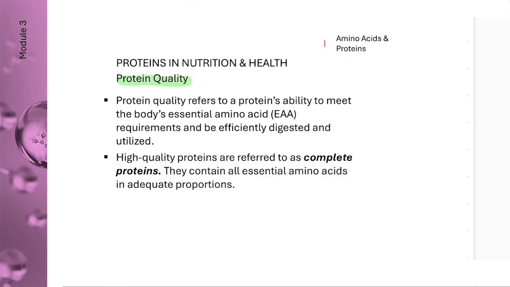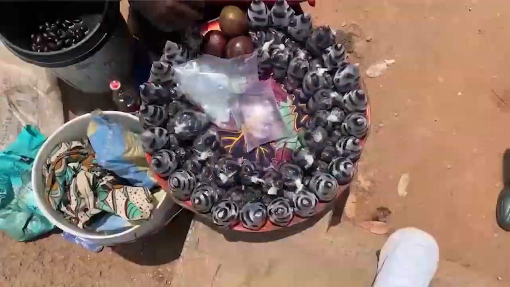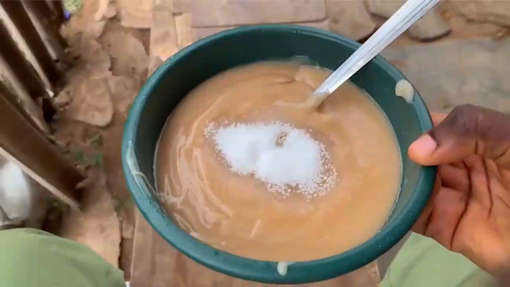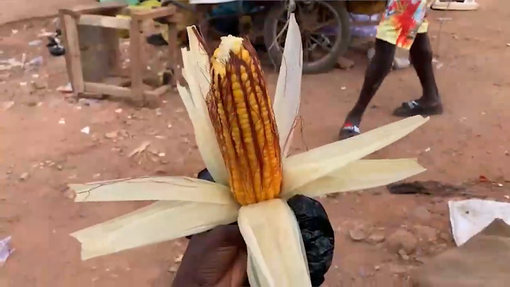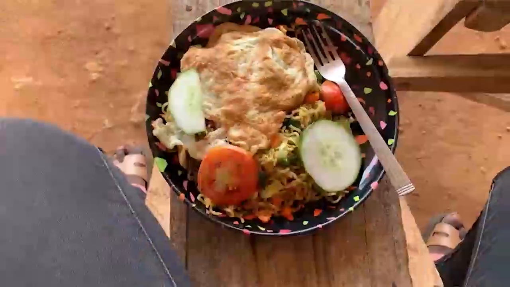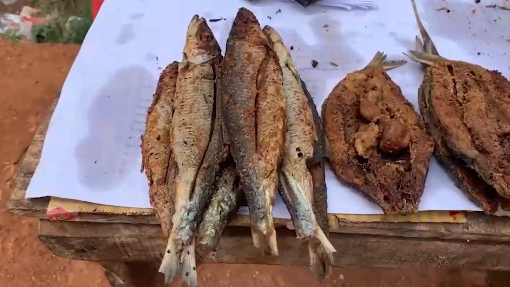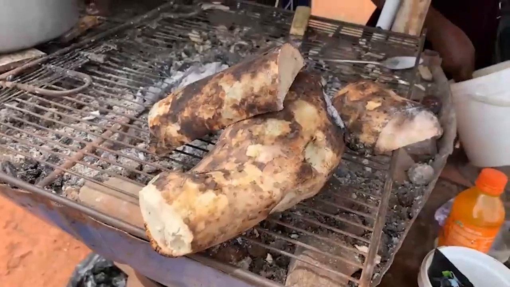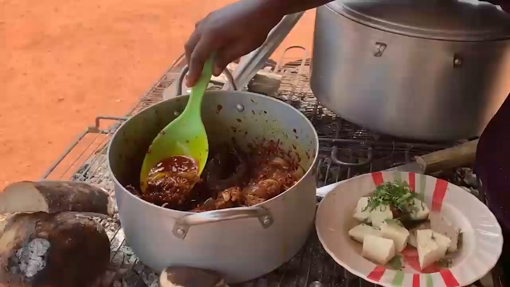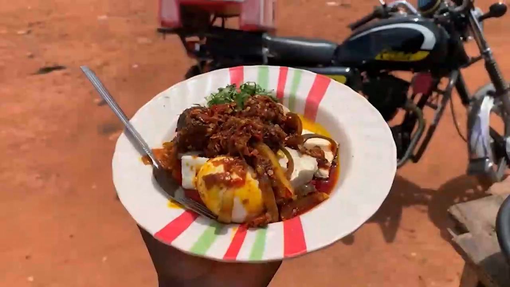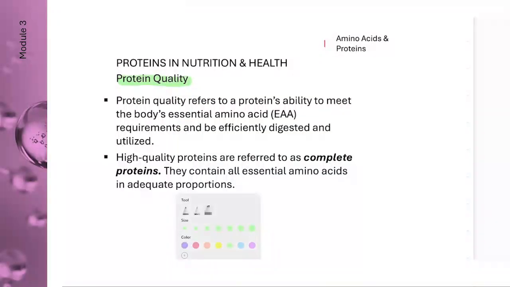We're exposed to lots of foods being produced by individuals, a lot of them street foods, a lot of them not much regulated. And as nutritionists, we often ask questions about what constitutes a high quality protein. So we always refer to protein quality, and it's important that you also think like this,